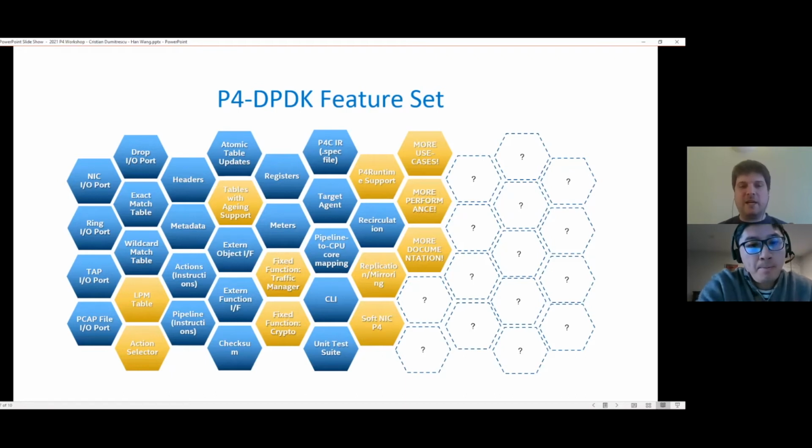We have support for actions and the pipeline itself. Both of them, so basically the actions and the apply block of the control block, are implemented with something that we call instructions, and we'll talk about it on the next slide. So basically, we turn the P4 application into a P4 virtual machine that crunches some predefined instructions that are part of the program,